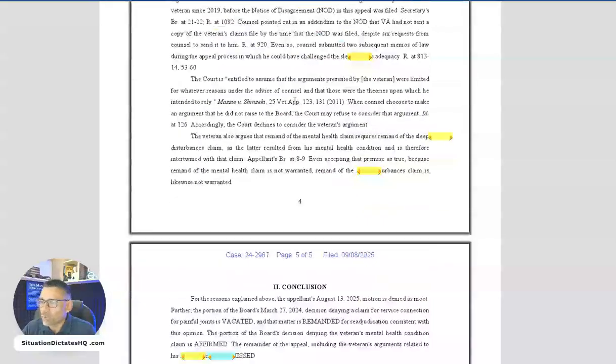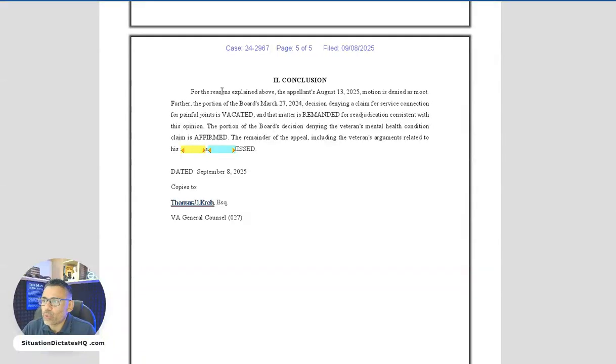So let's go down to the conclusion right here. For the reasons explained above, the appellant's August 13, 2025 motion is denied as moot. Further, the portion of the board's March 27, 2024 decision denying a claim for service connection for painful joints is vacated, and that matter is remanded for readjudication consistent with this opinion. The portion of the board's decision denying the veteran's mental health condition claim is affirmed. The remainder of the appeal, including the veteran's arguments related to his sleep disturbances,